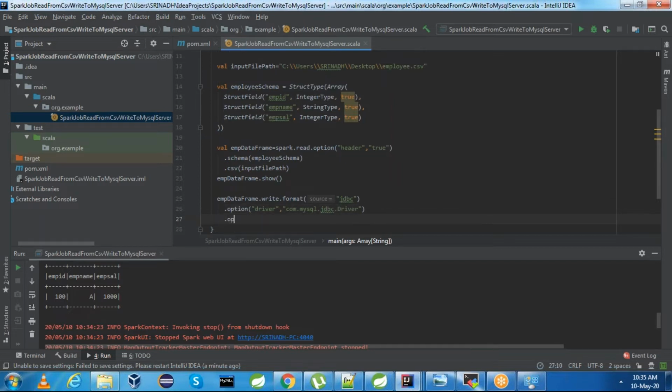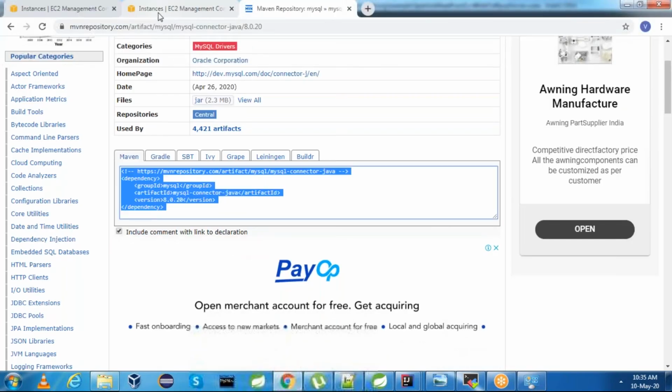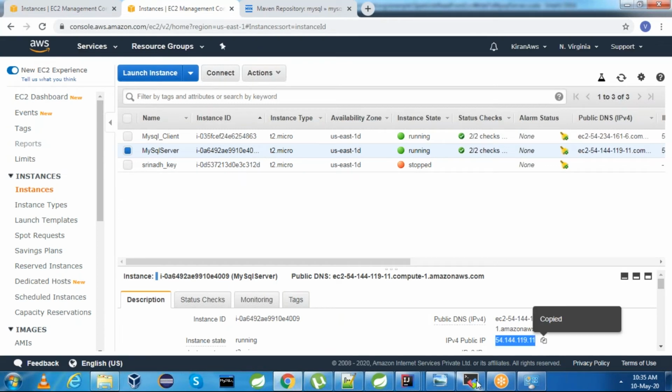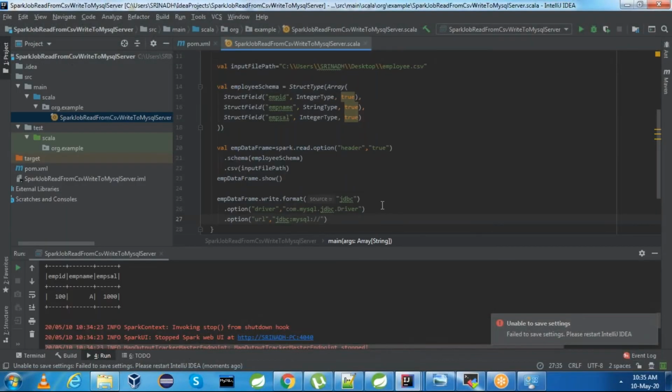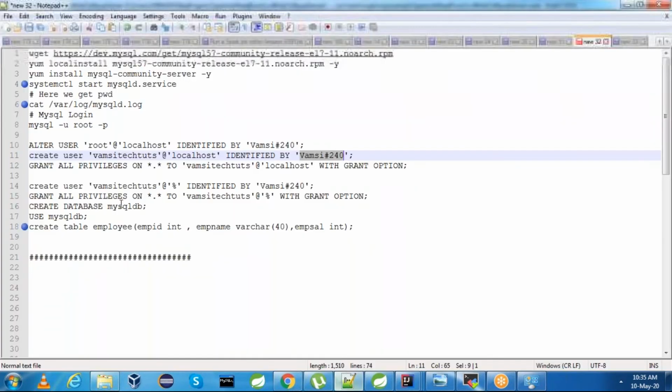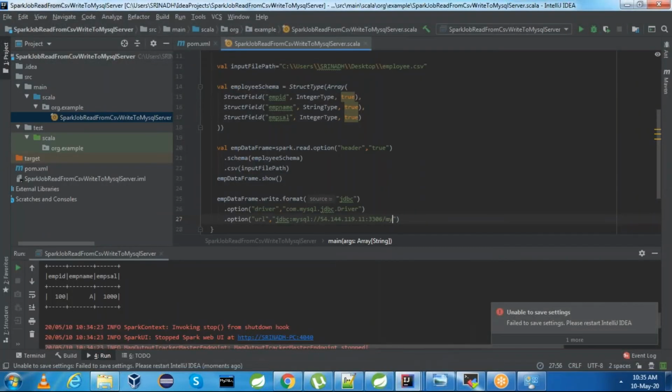And next thing, what is your URL? MySQL URL is jdbc, JDBC meaning Java Database Connectivity, :mysql:// what is your MySQL server IP? MySQL server IP is this. Server IP, colon, MySQL port number is 3306, and the database name is mysqldb. URL is perfect.